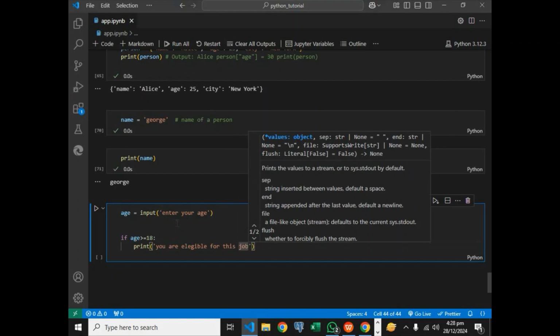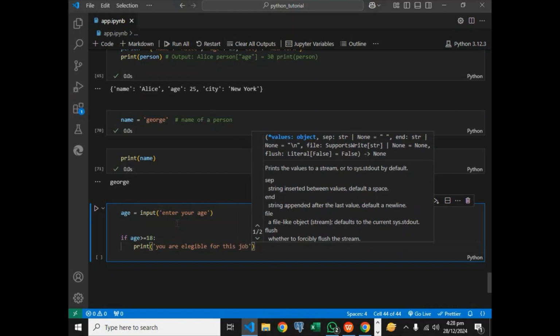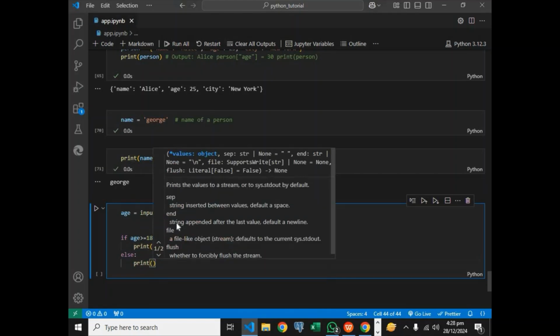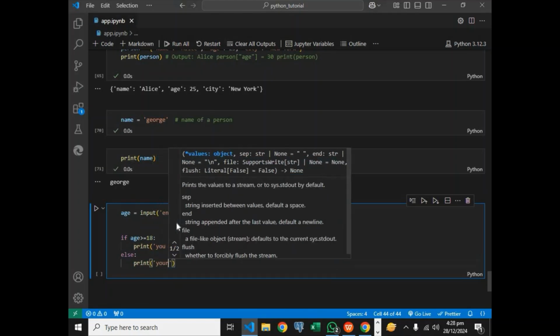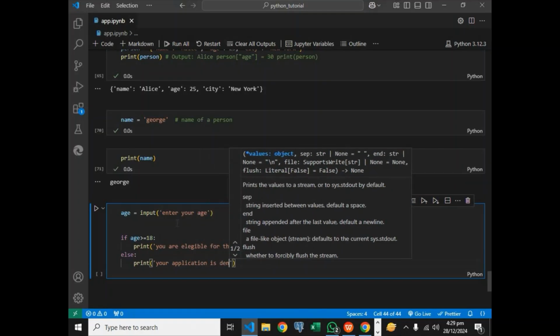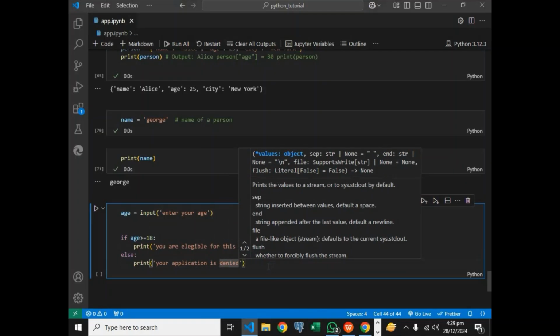Now I'll say else, print "your application is denied." If I go ahead and execute this,